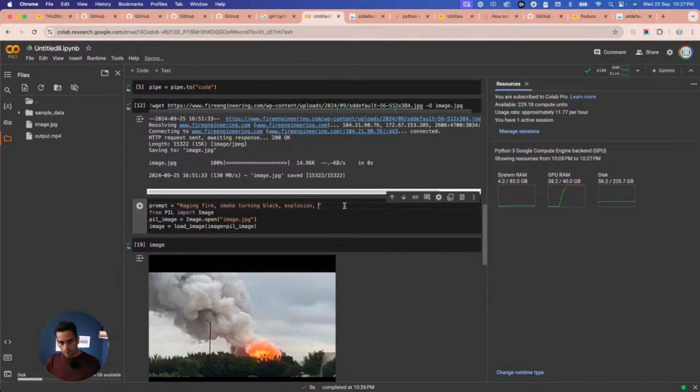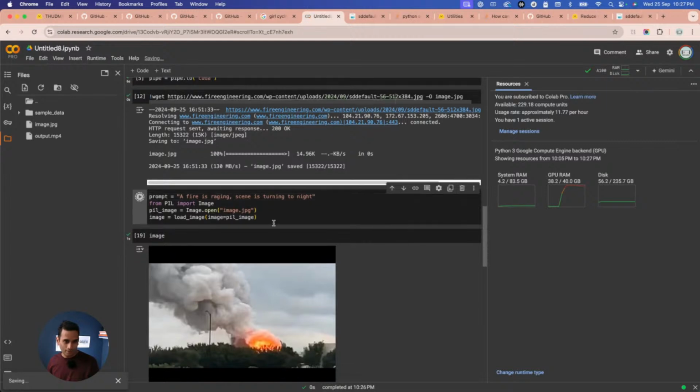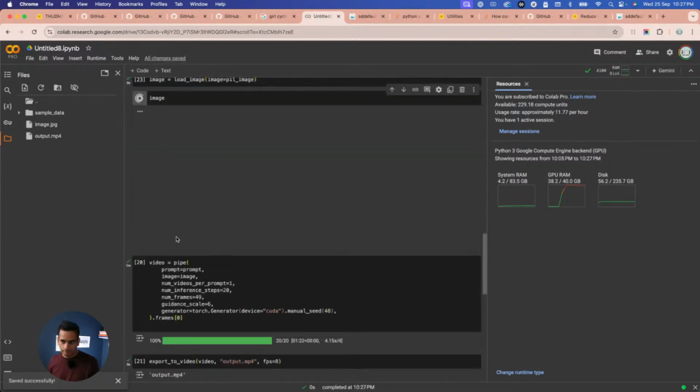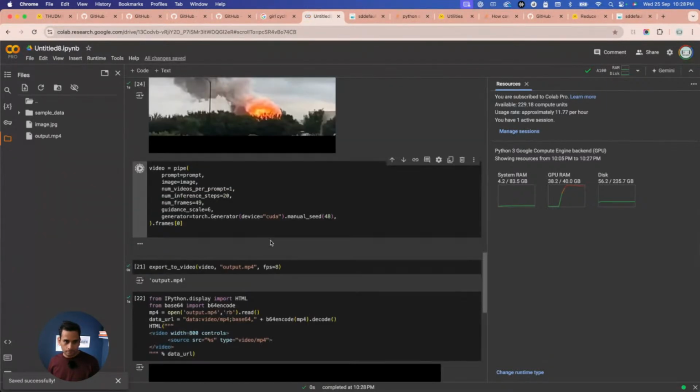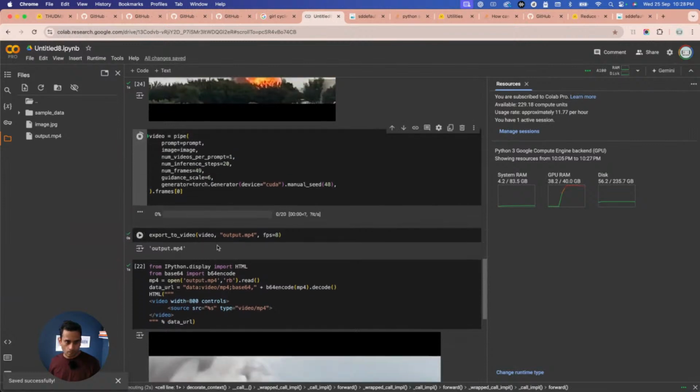Explosion. This is not how you want. Fire is raging. Sky is turning. Scene is turning to night. That will be also cool. Definitely, let's see. This will be also very interesting,